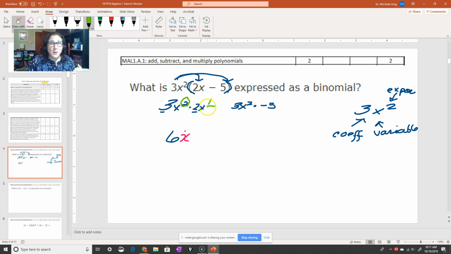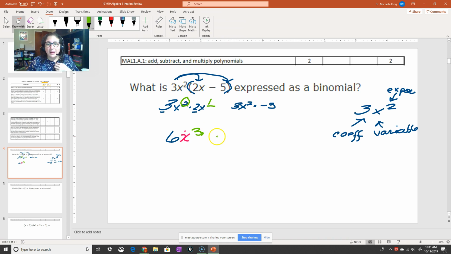Okay. It's 1. So what happens is because there's no number there and I do see an x, it's like it's 1. So if you think about it, like this is a pen. How many pens is it? 1 pen. I'm not going to say I have 1 pen. It's like I have a pen. If I have nothing in my hands, then the exponent would be 0 because there's no pen. There's 0 pens, so it's 0. So in this case, it's 1. So I would just do 2 plus 1, which gives me my exponent of 3.